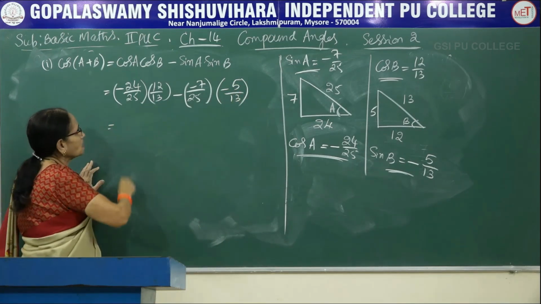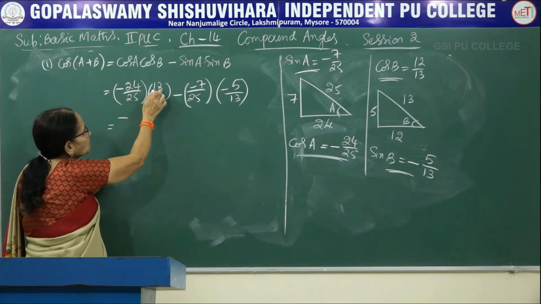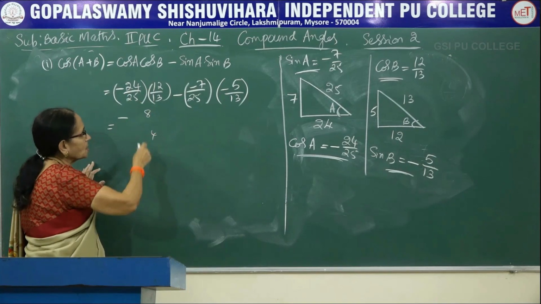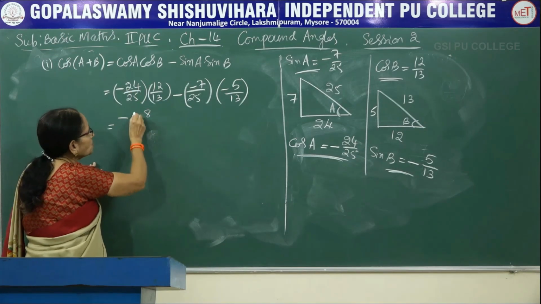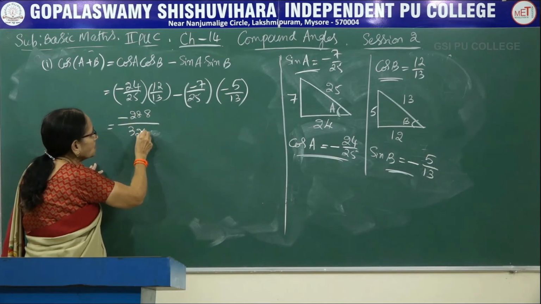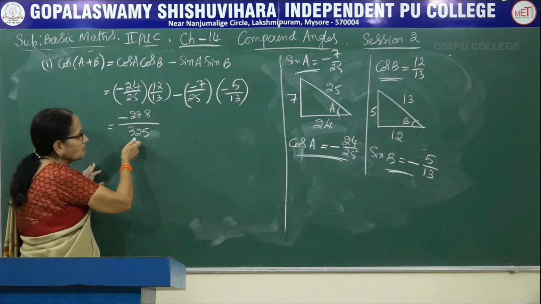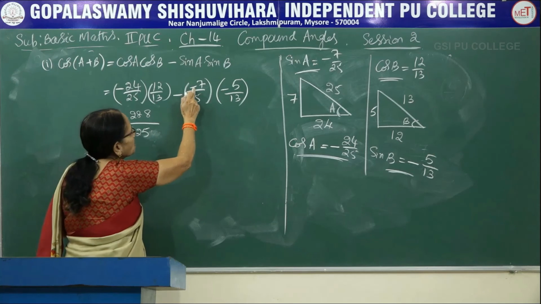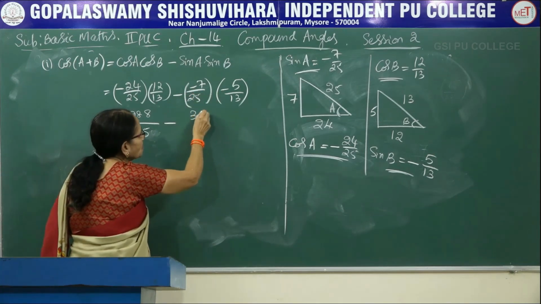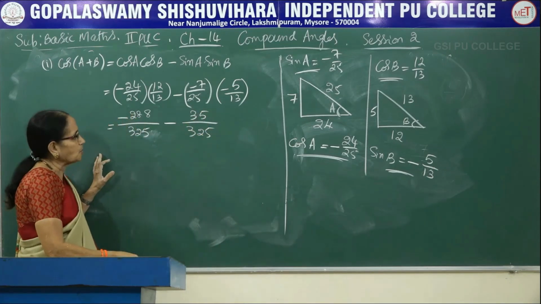So let me do the multiplication. Minus of plus minus 24 into 12 or 12 into 24. 12 4s are 48, 4 carried, 12 2s are 24 plus 4, 28. Now this we have done, it becomes 325. 13 5s are 65 and 26 plus 6, 32. Minus into minus into minus, another minus. It is 7 5s are 35. Denominator the same number, 325.